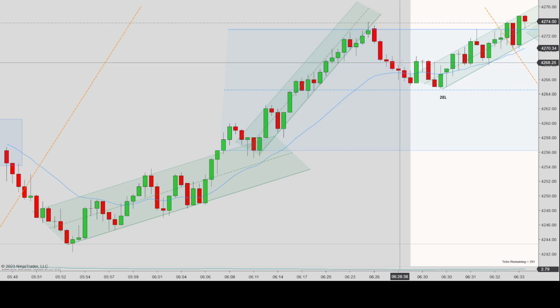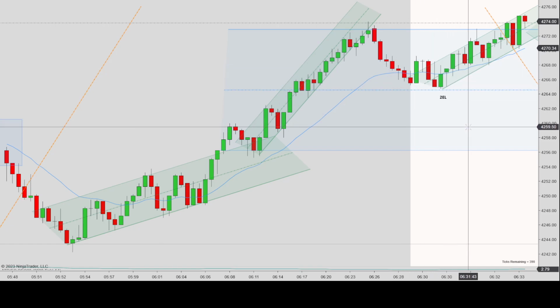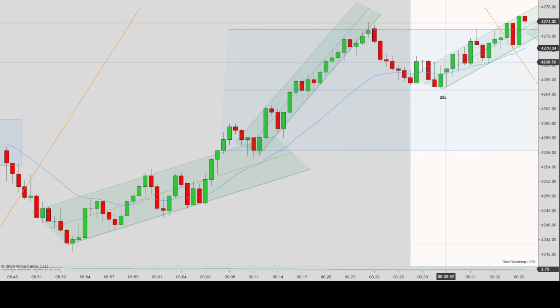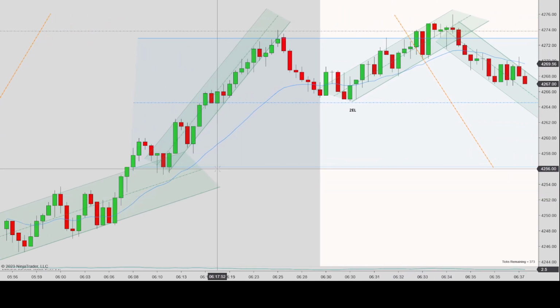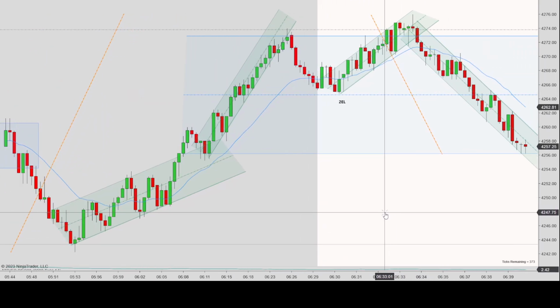Although I thought the setup was pretty nice, I just didn't feel comfortable taking it this early into the day, unless there was another key entry point or something more to it. It's a good setup, but not good enough for the type of volatility that would happen during the market open. Prices then continue chopping around. There are all these up channels. Try to see where prices are going. It kind of falls down through here,